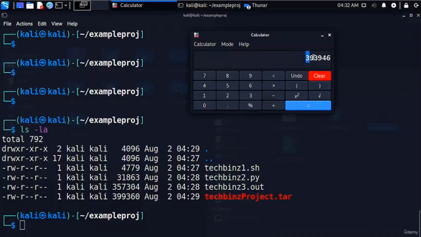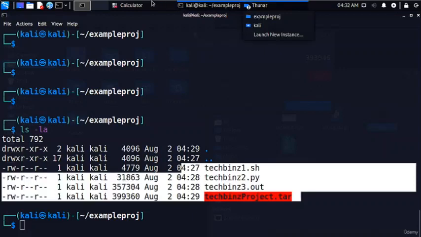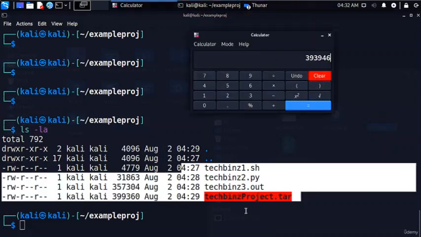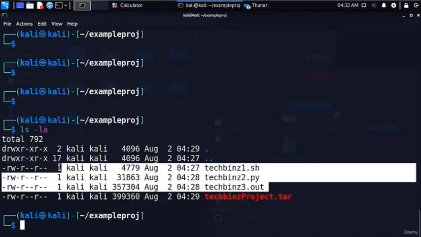As you can see, our total is 393946. But here it is 399,360. So this tarball is greater than our total sum of these files. So in other words, the archiving process has added almost